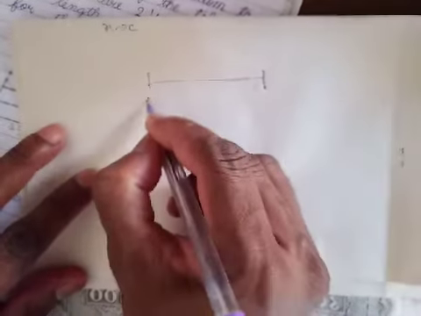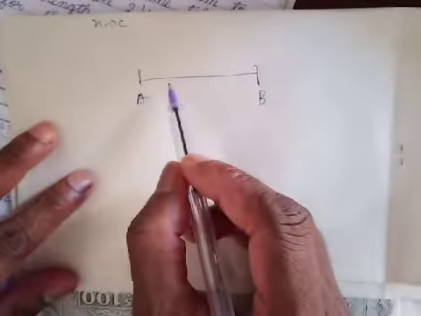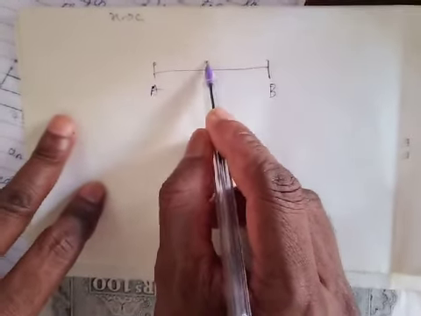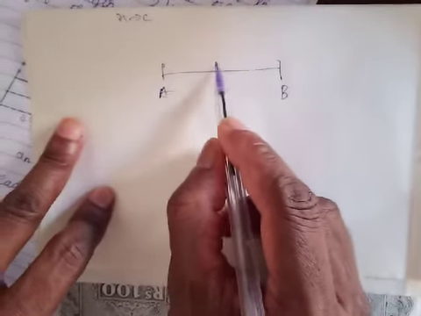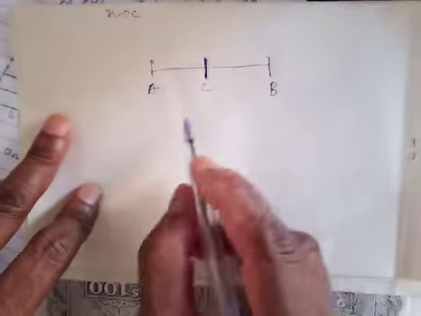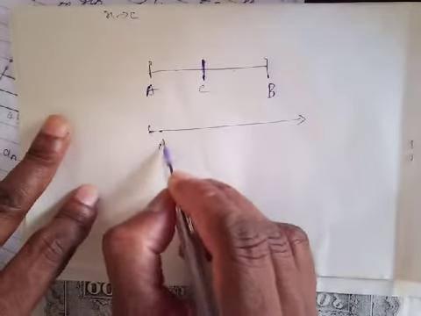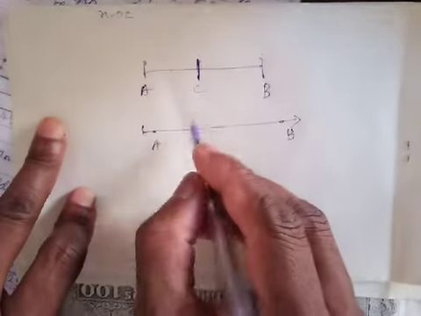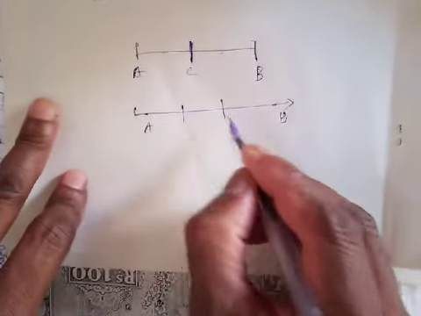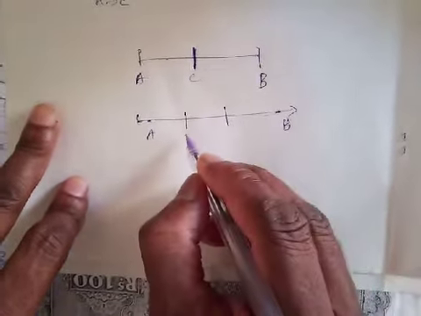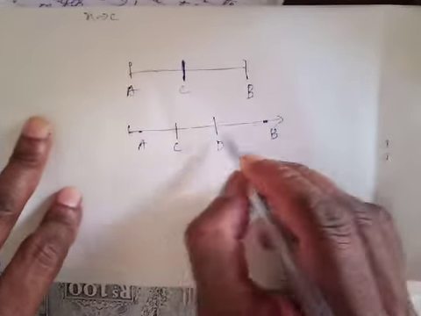Take an example. Suppose this is a line segment with endpoints A and B. It has to be divided into two equal parts. So how many cuts will you make? One. If you put one point C here, it will divide it into two equal parts. Suppose it is divided into three equal parts. Actually what we do is make 1, 2 cuts, and the third part is automatically there. If we break it at C and D, the third part is automatically done.